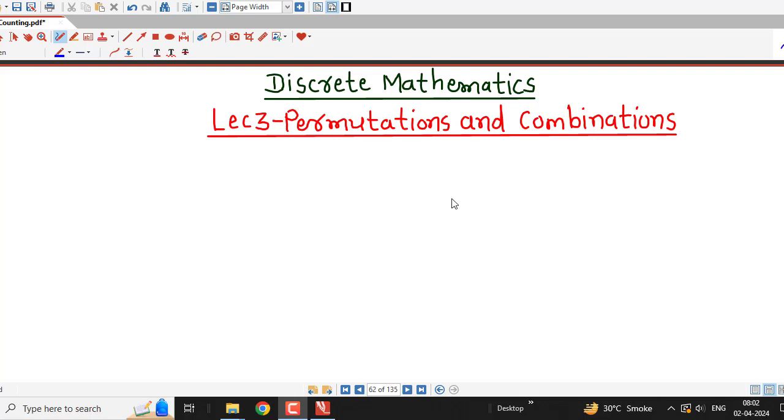Hello friends, I welcome you to lecture number 3 on permutations and combinations. In the previous two lectures, we have taken the idea of permutation, and in this lecture, we are going to focus on understanding combinations. So before going for the definition of combination, we first recall that permutation is nothing but